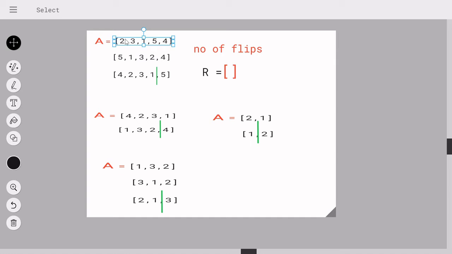Right now the length of the array is 5, so I know that the elements in here will be ranging from 1 2 3 4 5. From a layman's perspective, if I start sorting from the last element, I'm sure of what I want in the last position. My length of array is 5, so I want 5 at the last position in the sorted version. Here we have 4, but for a sorted version I don't want 4 over here, I want my 5 over here.